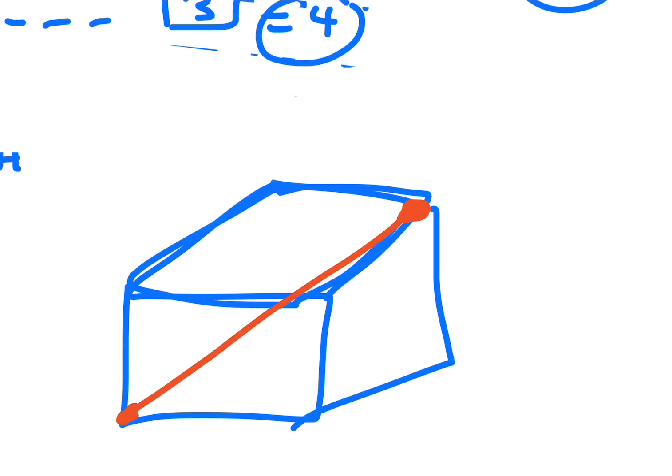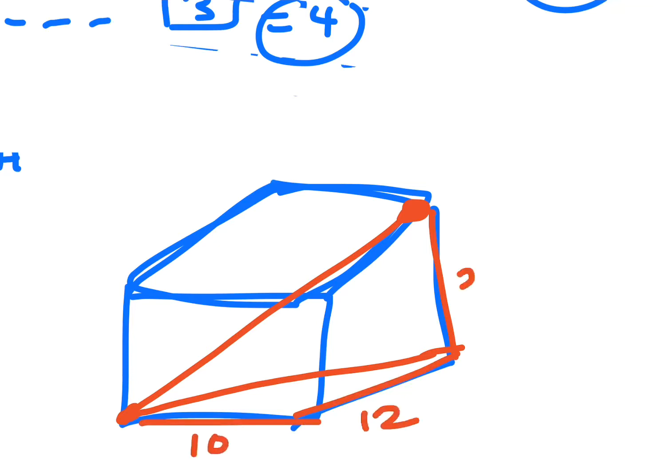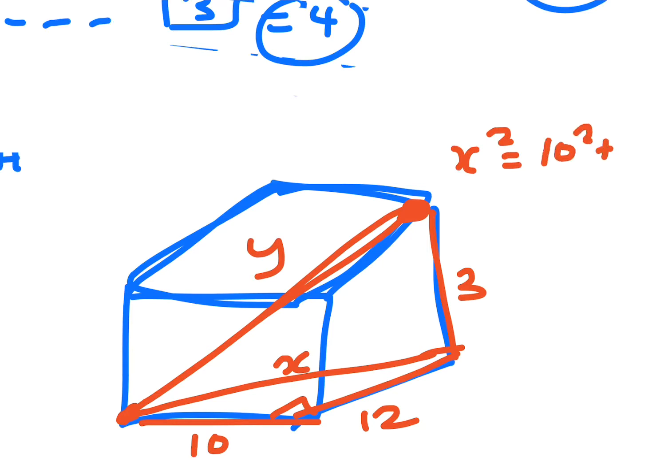So if you went like this and you draw your right angle, then this was 10, 12 and 3. So if you use Pythagoras on there, and then this is the furthest distance here. So x squared equals 10 squared plus 12 squared. So if we go 10 squared plus 12 squared, we get 244, and then you square root it,